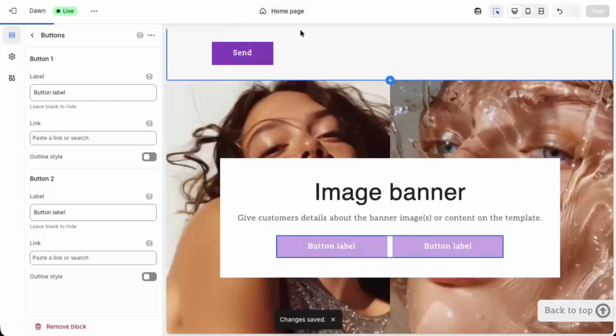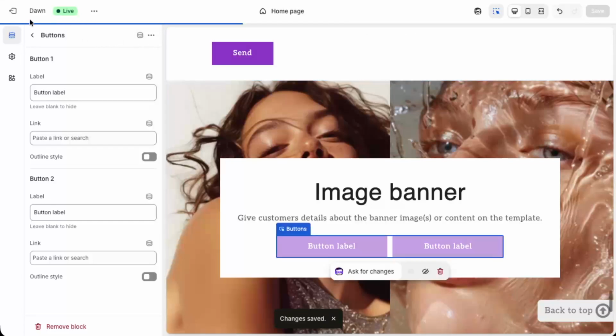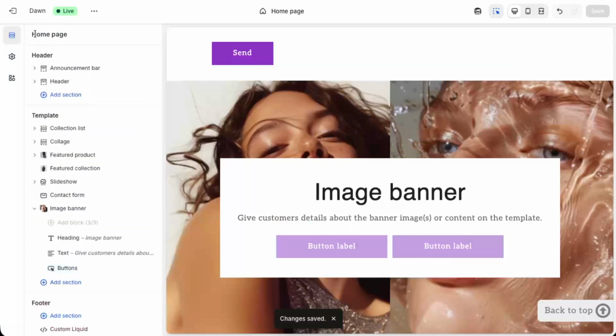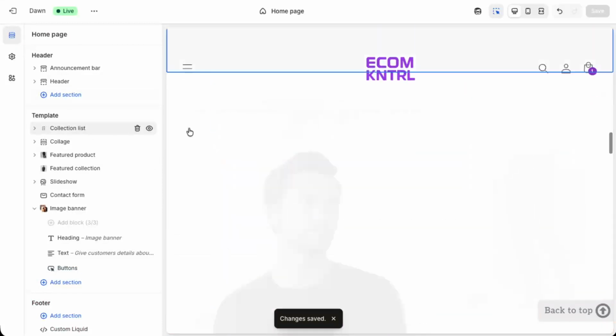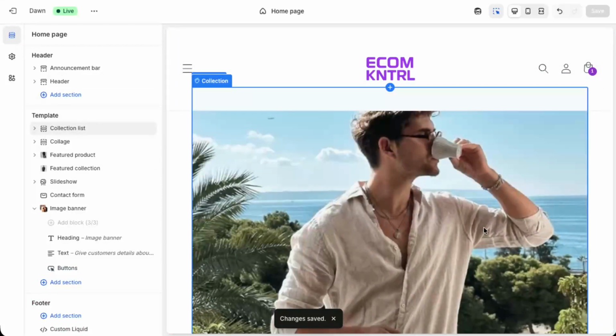A few quick tips before you go. Preview your changes to confirm the whole image is clickable. Test on mobile to ensure the tap area feels natural, and keep your links consistent so shoppers always know where they'll land. If you ever need to adjust spacing, revisit the padding settings you set to 0. That's it. Your image is now fully clickable, guiding visitors exactly